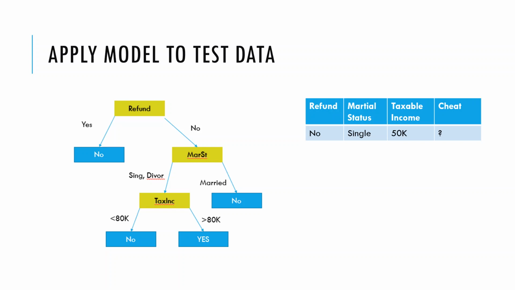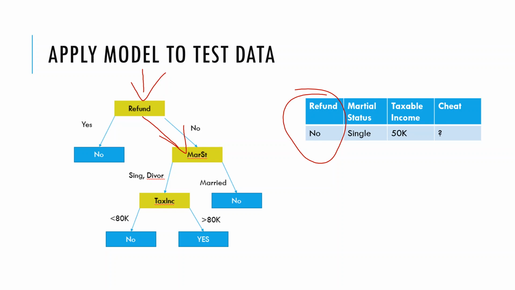So looking at the record, the first column is refund equals no. So when refund equals no, I'm going to come at the top of the tree, right? Now how that refund comes at the top, that is the role of tree induction algorithm, and we are going to see how refund comes at the top. Okay, so since it says no, we are going to traverse the right subtree. When traversing the right subtree, am I reaching the output? No, I'm still at the attribute only.